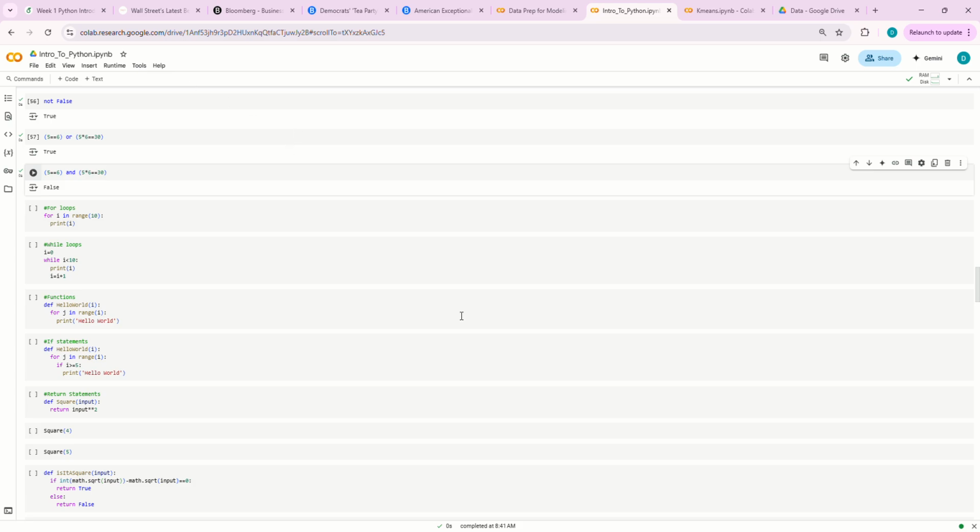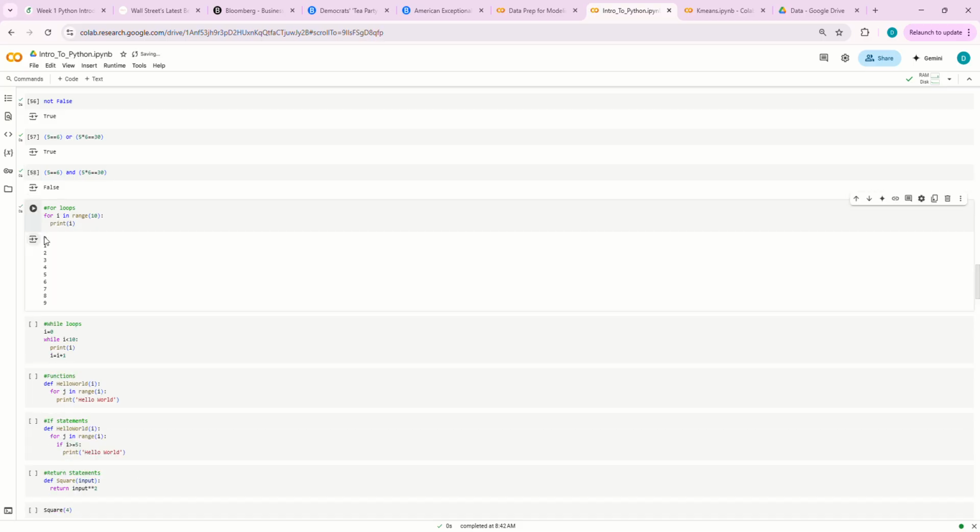Today we're continuing along with our Intro to Python lesson, and we're going to start with for loops. So for i in range(10): print(i). This prints from 0 to 9. Notice when you do a for loop using a range, the range starts at 0, and it ends one number below